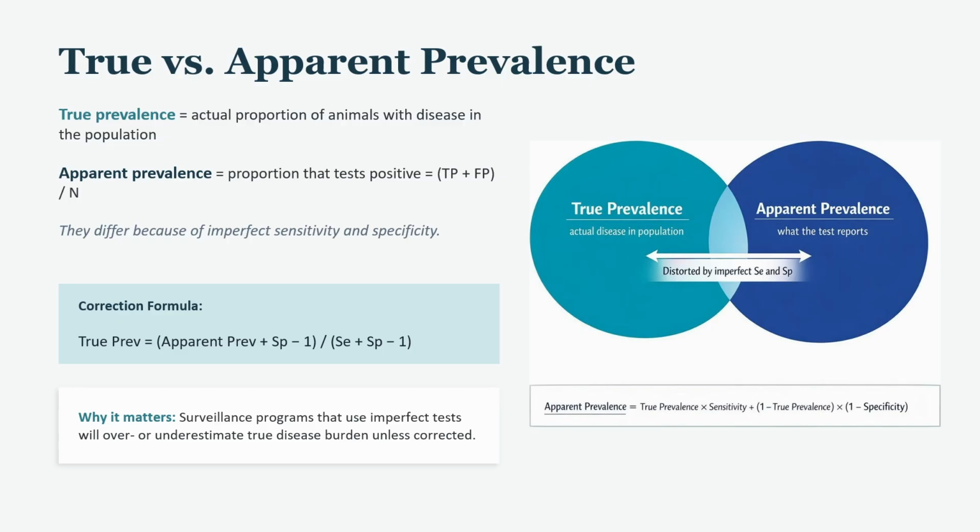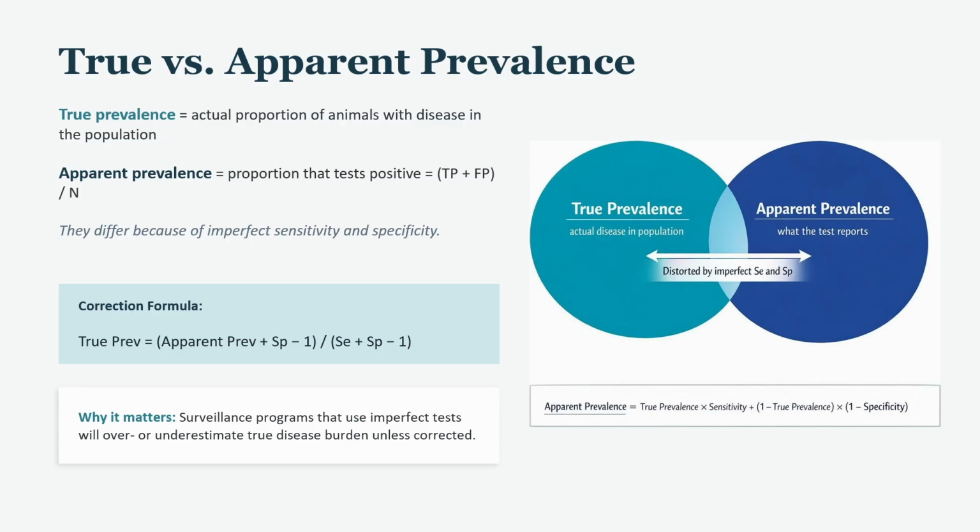If a test has imperfect sensitivity, it misses some true cases, so apparent prevalence will be lower than true prevalence. If a test has imperfect specificity, it falsely calls some healthy animals positive, so apparent prevalence will be higher than true prevalence. In most real-world situations, both errors are happening simultaneously, and their net effect depends on the relative magnitude